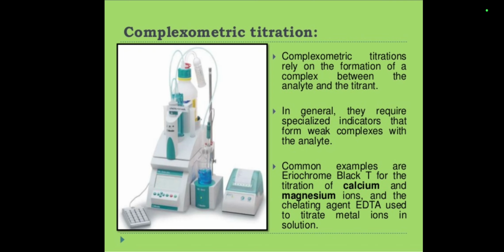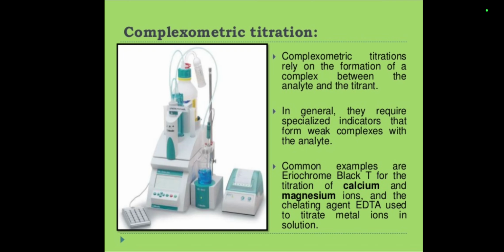Okay, so now let's proceed to the complexometric titration. Complexometric titrations rely on the formation of a complex between the analyte and the titrant. In general, they require specialized indicators that form weak complexes with the analyte. Common examples are the Eriochrome Black T for the titration of calcium and magnesium ions, and the chelating agent used to titrate metal ions